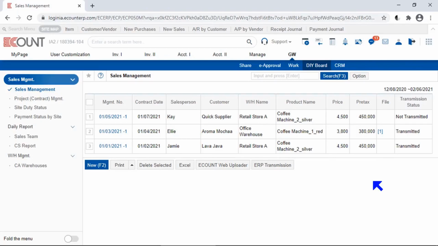And now we will look at the sample DIY board to learn more. In Group Error DIY board, you can see that I have created a board named Sales Management. You can see columns for sales details from management number, contract date, salesperson, customer, the warehouse where the sale items were released from, and sale items. And you can also verify the number of files attached. If you click New button,